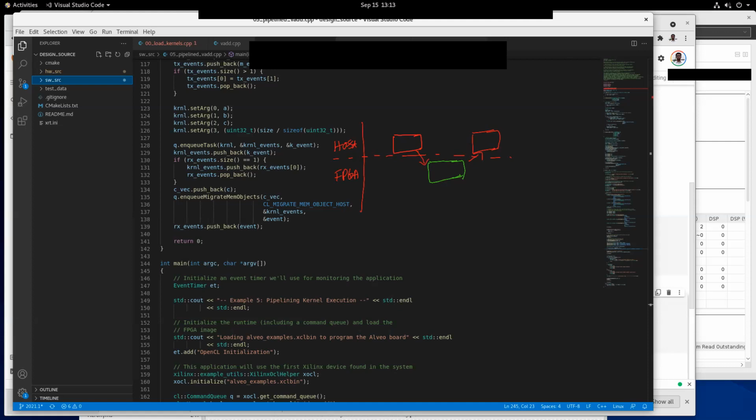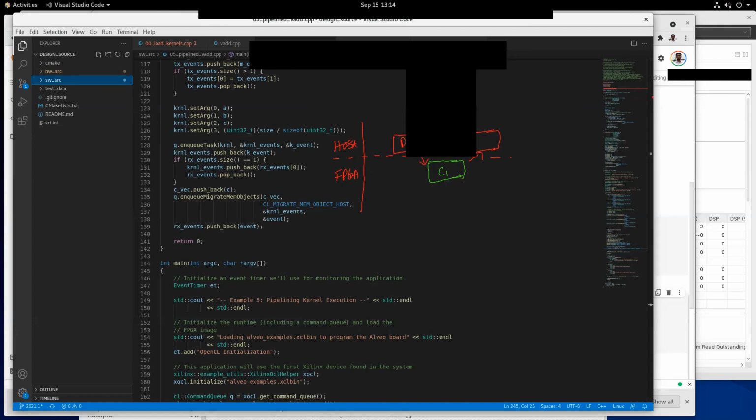So if we can somehow manage, as the first data transfer D1 is happening, and then there is computation C1 happening here.